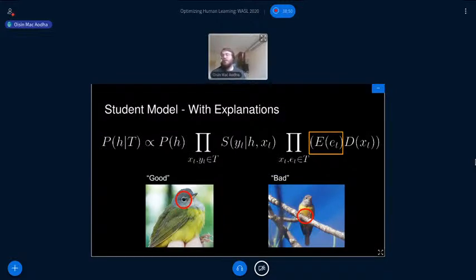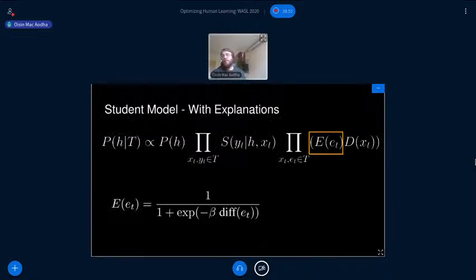Okay, and so this is done by simply introducing another interpretability of explanation term. And so, for instance, examples that are more difficult to interpret will result in less discounting, in some sense, of incorrect hypotheses, whereas ones that are easy to interpret will have a bigger impact in downweighting the wrong ones.